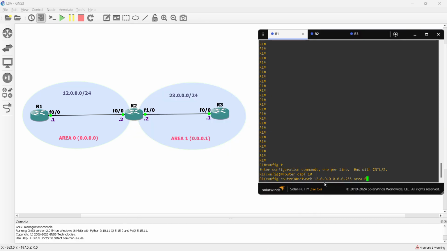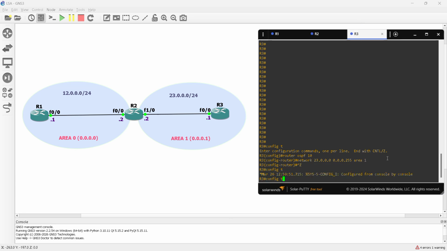For configuration, this is the network we'll give to R1 to participate in OSPF. Great. For R2, initially we'll give area 0 with network 12, and then we'll give area 1 and change 12 to 23. Right. With regards to R3 we'll give this. Now when we go and check show ip ospf database,